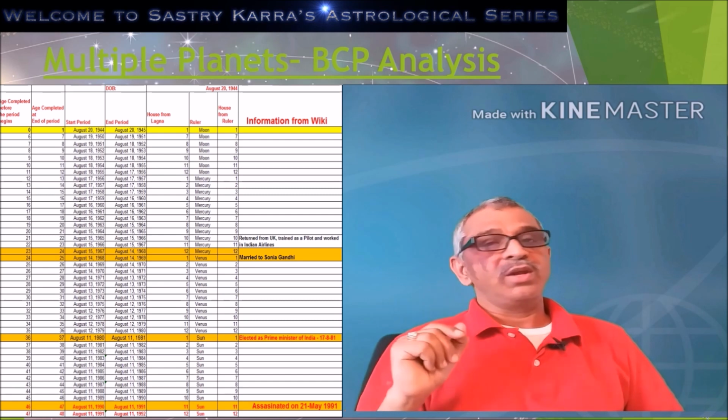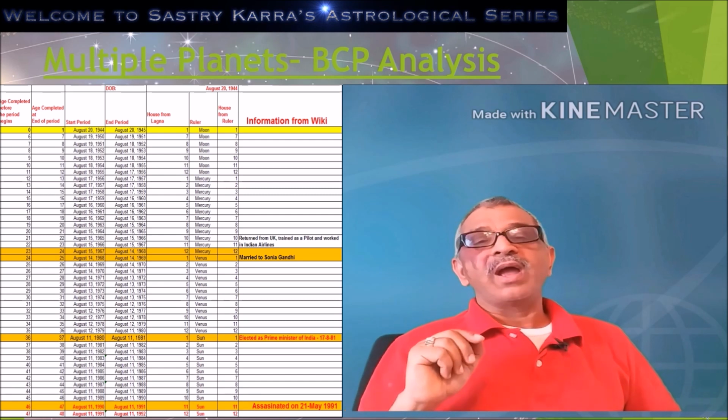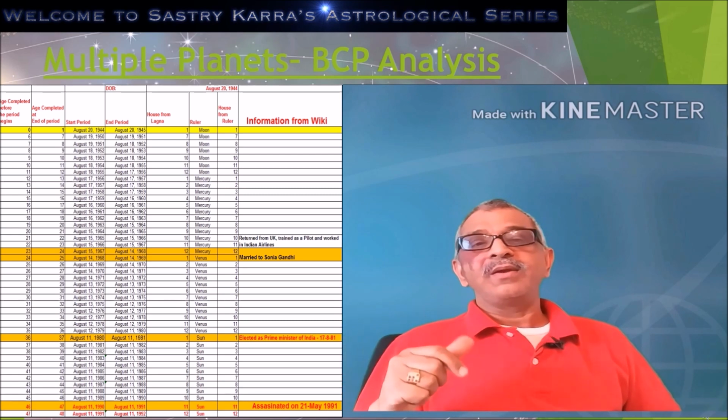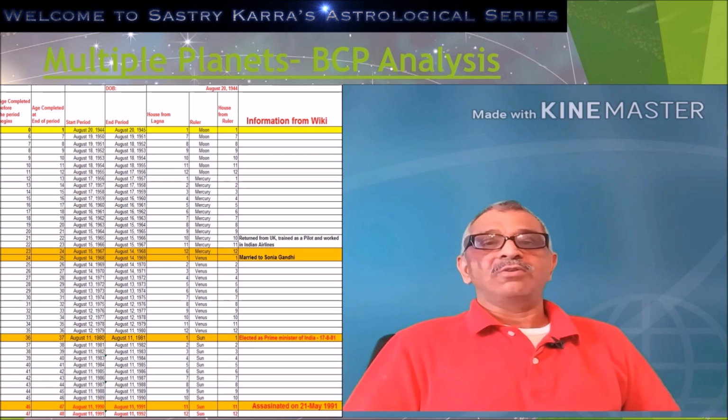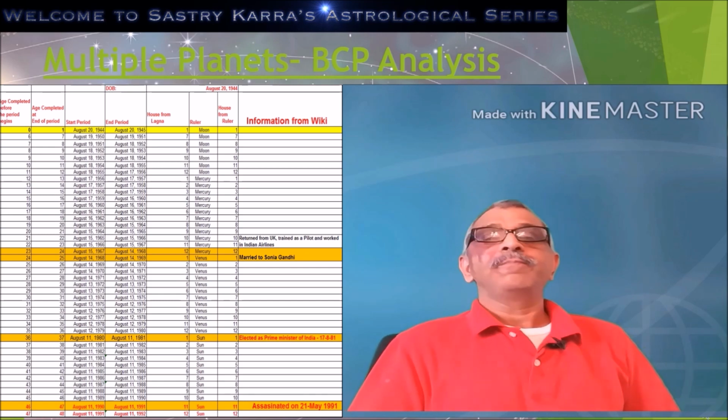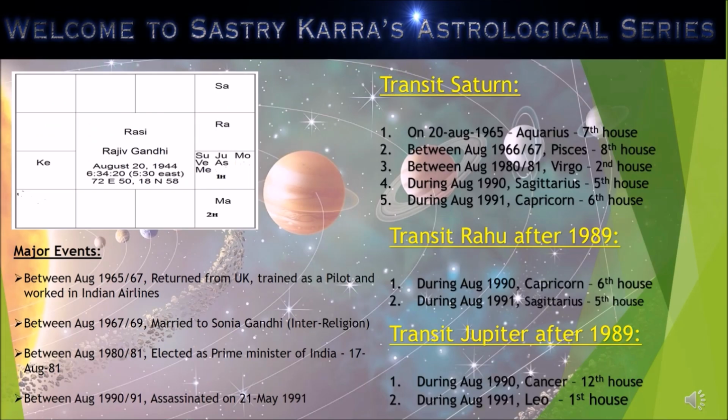So the 11th house is very important here, and you've got to figure out why the assassination happened when it has activated the 11th house. Let me go into detail and explain how this happened. Let's now start looking at the transit analysis. Remember, I told you that whenever an event happens, you've got to look at the transit planets. How far is that event supported by the transit planets?